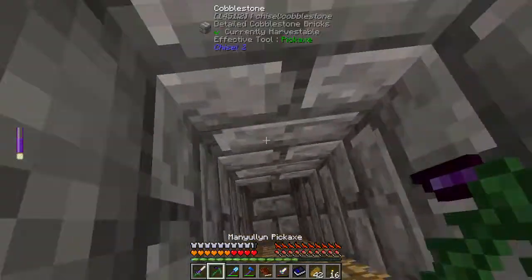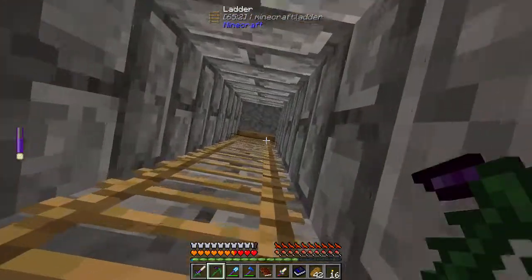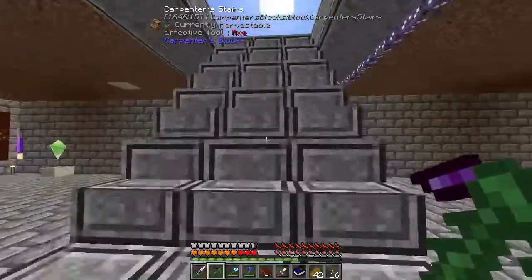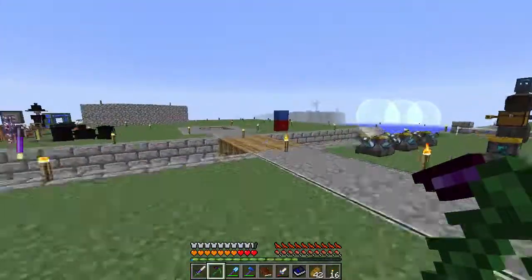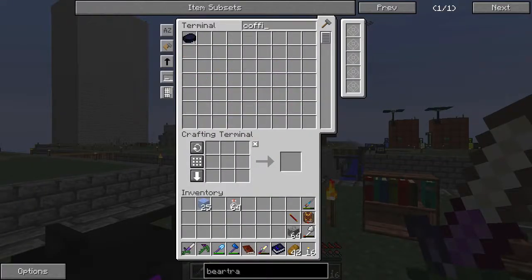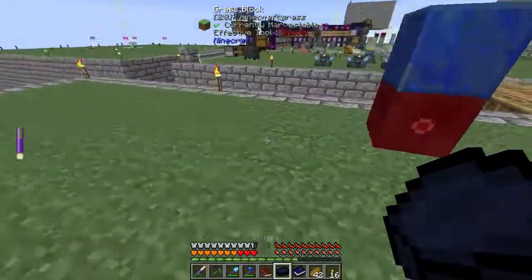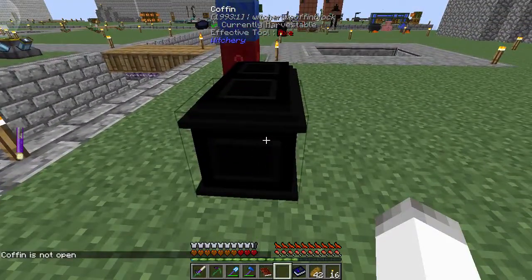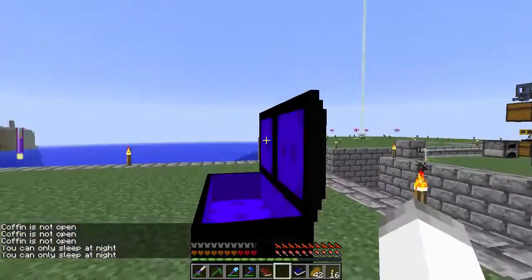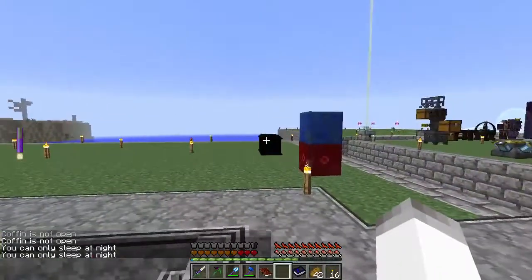Oh, right. I didn't need to do the blood magic ritual. I forgot about that. I can actually do something different, because I have a coffin. Does that work if I'm human? Actually, I don't know. Let's grab our coffin. We'll put our coffin over here. And you can only sleep at night. So since we're human, we can't. But that will come in handy later to make it